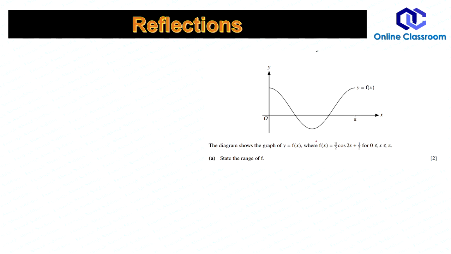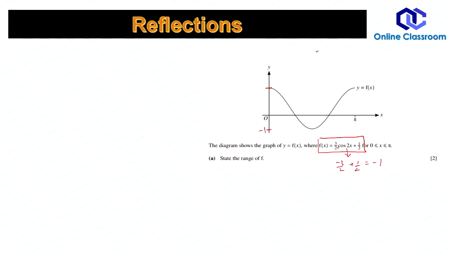Now the function is there, 3/2 cos 2x plus 1, and the examiner is asking for the range. If you have watched my first video, I've defined range means the y values. This is the range. The least value of cos, you have done in the trigonometry chapter, is -1, times 3/2. Minus 3/2 plus 1, minus 2/2 is -1. The least is -1.